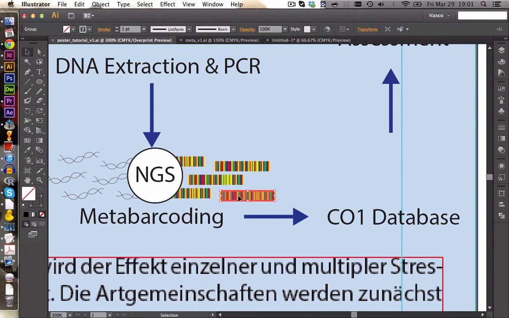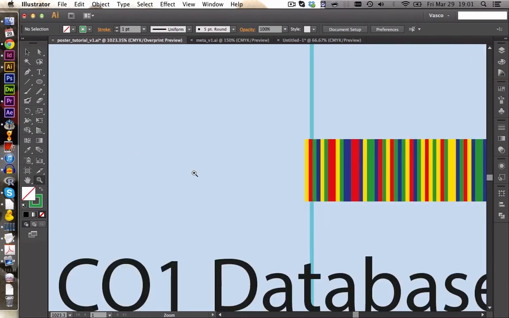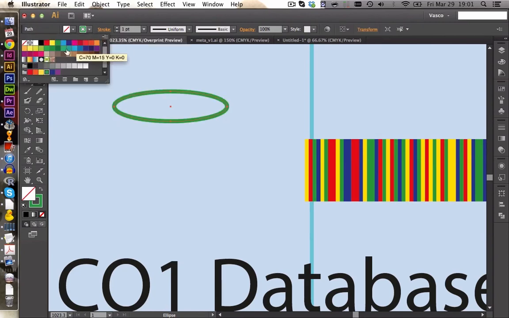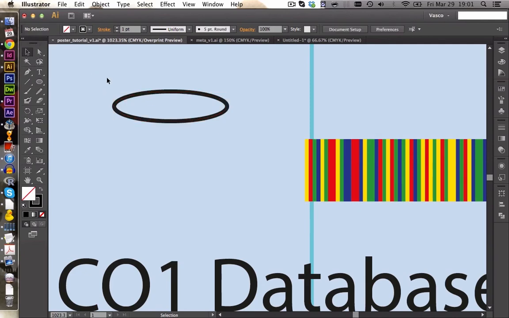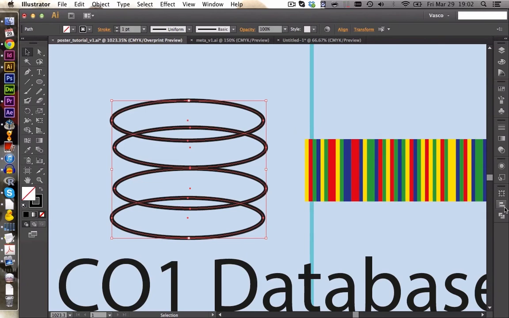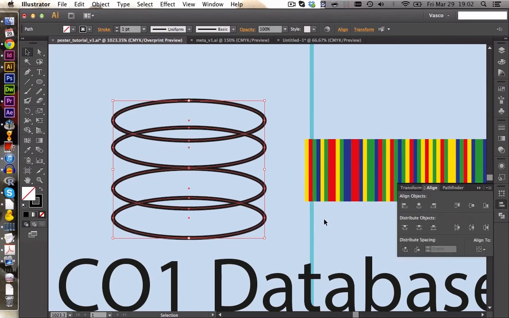And then we take one of those sequences and we copy it to the CO1 database. In here, you might want to scale this up a little bit more. Yeah, this should be fine. And we need to build our database. Normally, this is just a little drum. Maybe something like this. We change the color, of course, to black. And with the Pathfinder, as we did so many times before, we're going to create this little drum. So this should be fine. We align all objects and also we make sure to distribute them